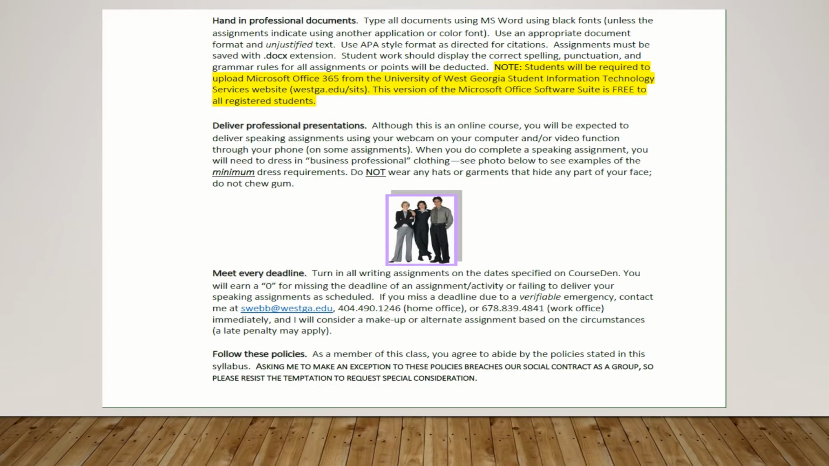When you hand in your documents, you're going to want to make sure that you use Microsoft Word. If you are a Mac user, you need to convert it to Microsoft Word and not submit it in the Mac Pages format. You also will need to make sure, again, that you proofread so that all of your assignments do look professional and they are formatted correctly,